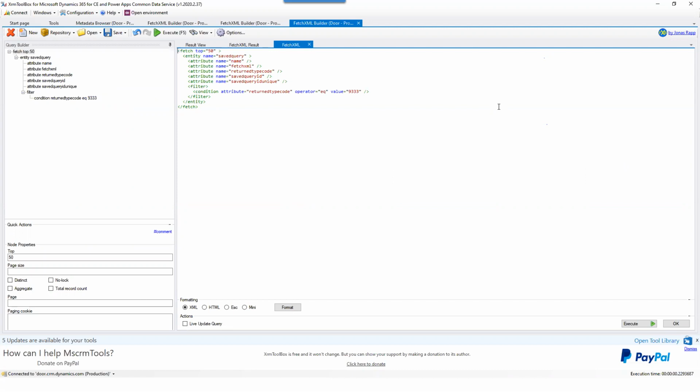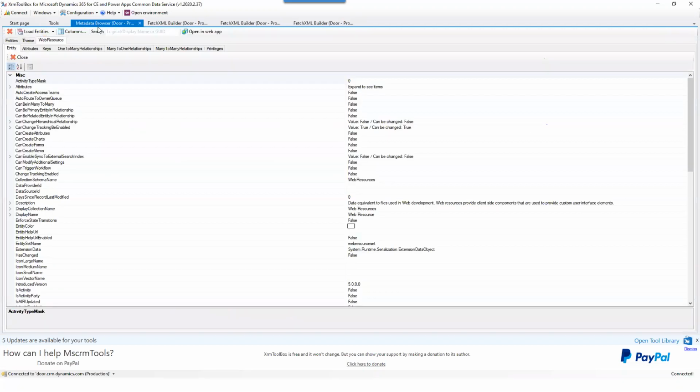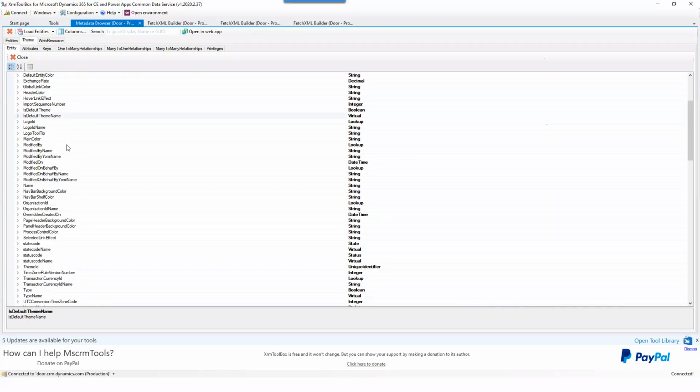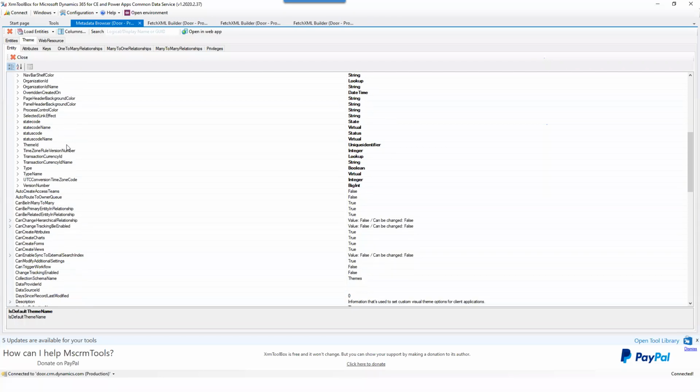Oh, somebody did. Okay. Oh, hold on a minute here. Metadata browser. If you are curious about that, you open the metadata browser, you open whatever, like this is theme. This is theme here. You go down and find,